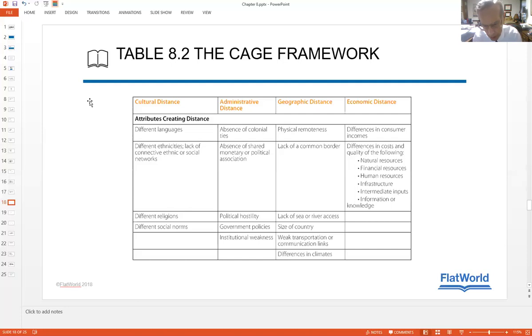Then there's no common border. That makes it tougher. And it may be that some products are perishable or are very costly to transport across long distances, in which case geographic distance can be a real problem and can make it difficult to do business across borders